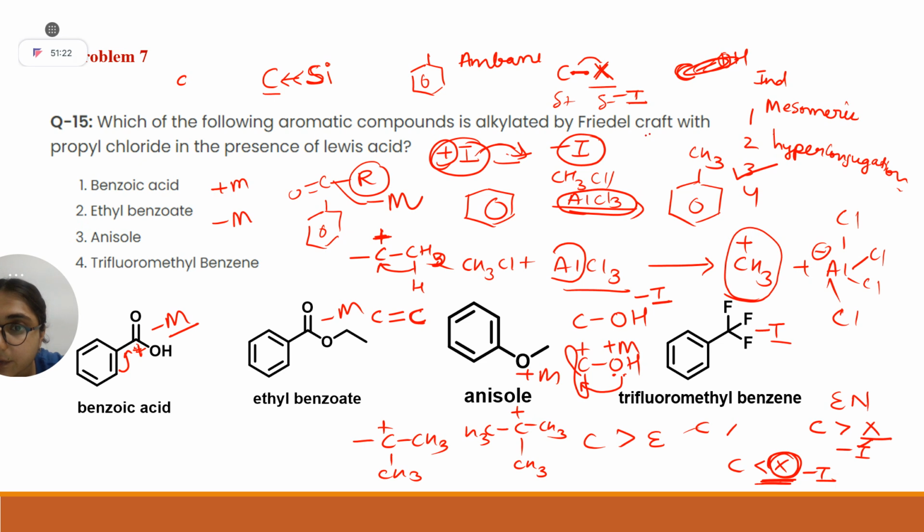But here, if any sp3 carbon is attached to OH, there it will work as minus I because oxygen is having more electronegativity than carbon. So it will attract all the electron density toward itself. Yes or no? Yes, ma'am. Therefore, in this case, oxygen lone pair can resonate and it will increase electron density on your benzene ring. Negative charge can come here. Therefore, the correct answer is option number C, or third. I hope everyone understood. If not, you can ask me again.